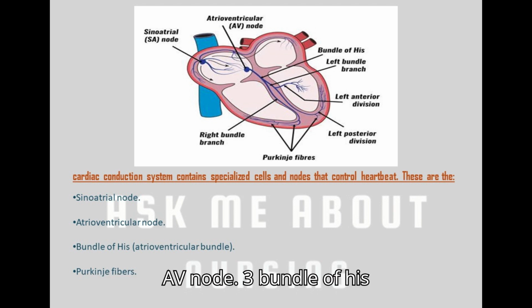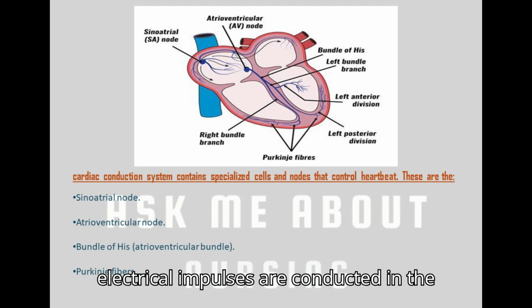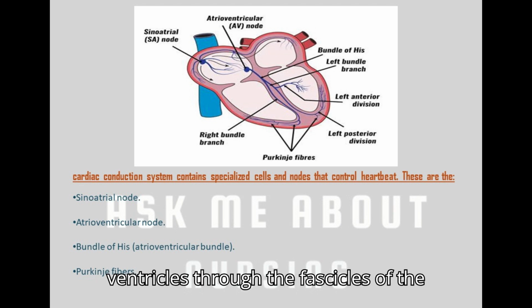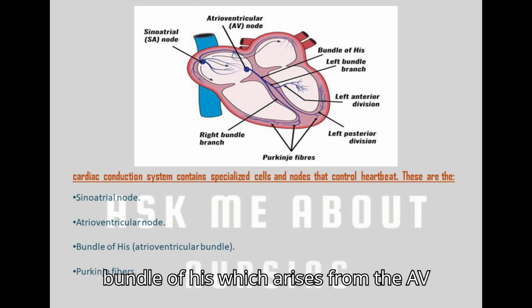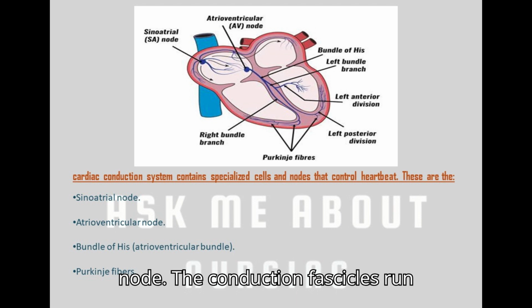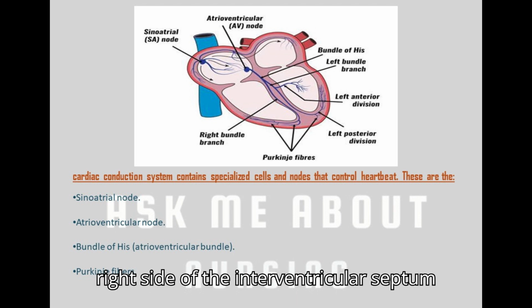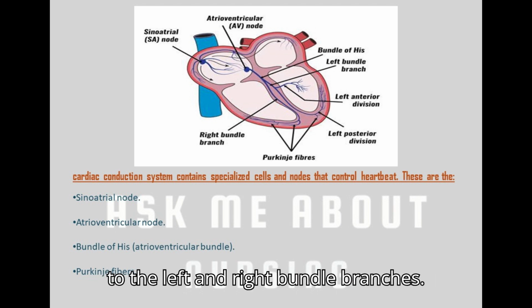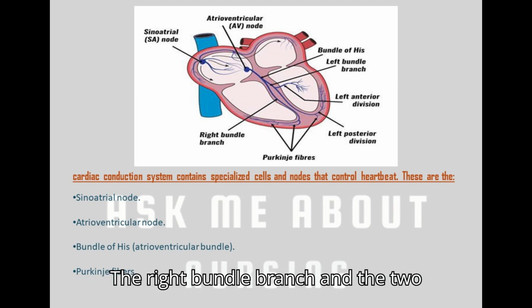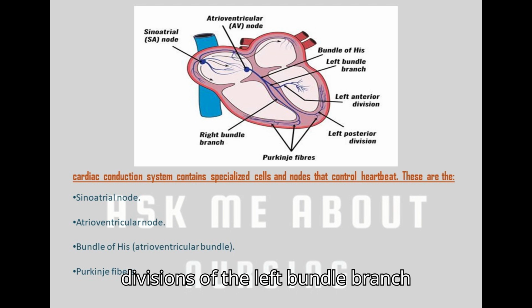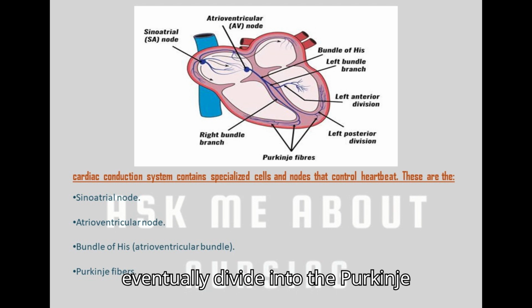3. Bundle of His. Electrical impulses are conducted in the ventricles through the fascicles of the bundle of His, which arises from the AV node. The conduction fascicles run through the subendocardium, down the right side of the interventricular septum to the left and right bundle branches. The right bundle branch and the two divisions of the left bundle branch eventually divide into the Purkinje